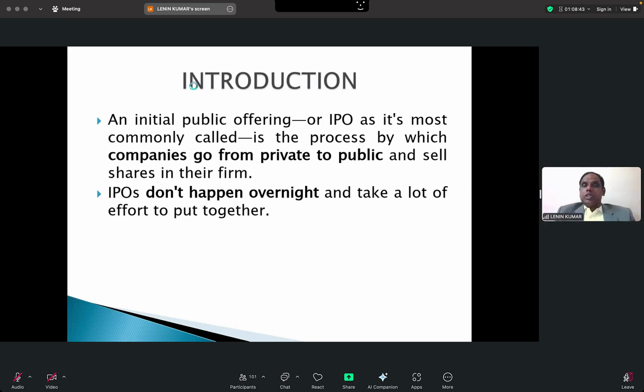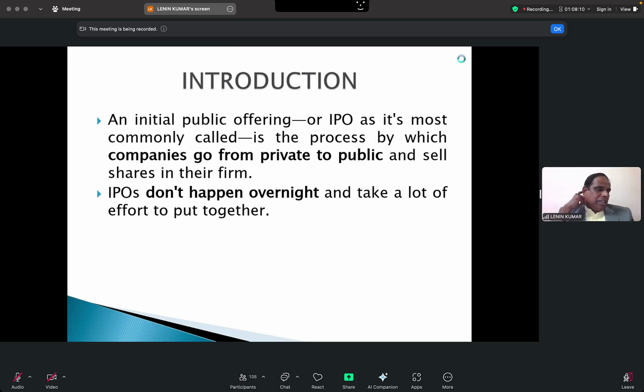These points you want to be very clear on in order to understand the entire concept. Once again I'll repeat. You know very well there are different sources of generating money for an organization. Even if you are going to start a business tomorrow, what are the ways you will mobilize funds? One is through shares, bonds, debentures, and retained earnings. Retained earnings is the last option; it is not possible with every company. So the standard sources are shares, bonds, and debentures.